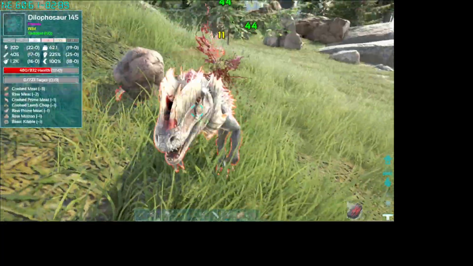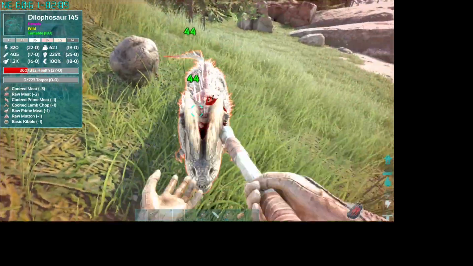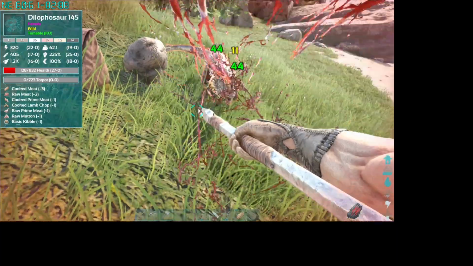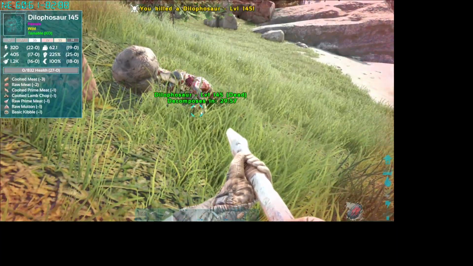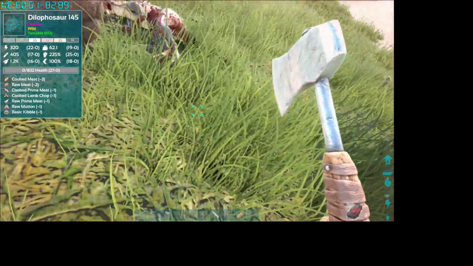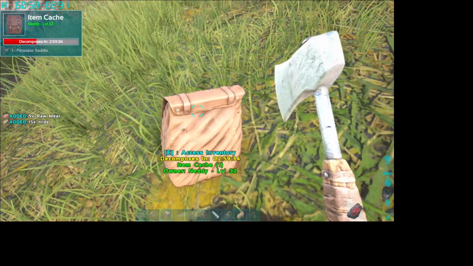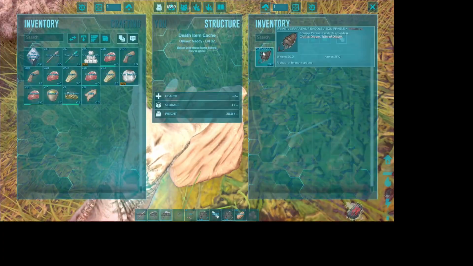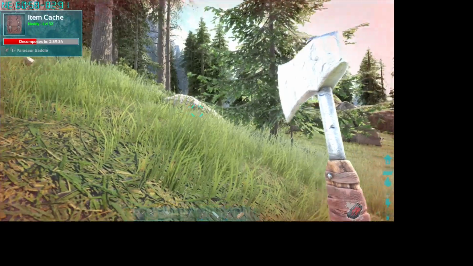And now this is a grudge match between me and the Dillo. This only ends one way. The death of me or the Dillo. And today it's the Dillo. And we will take that hide. And the saddle. Alright, well,